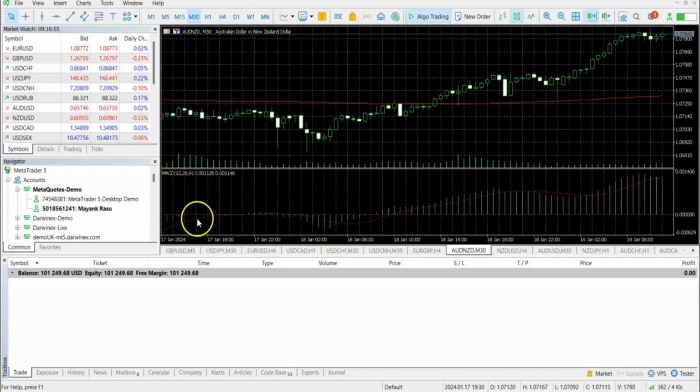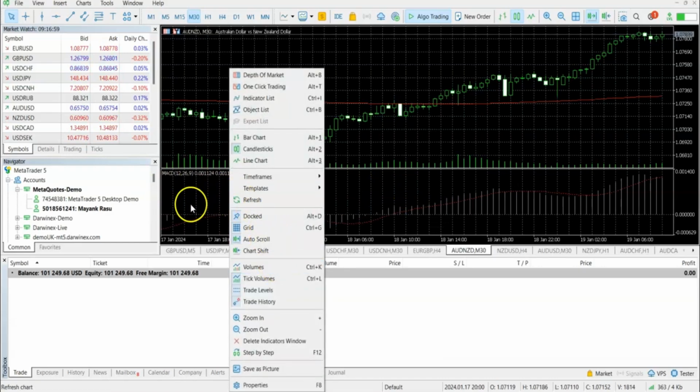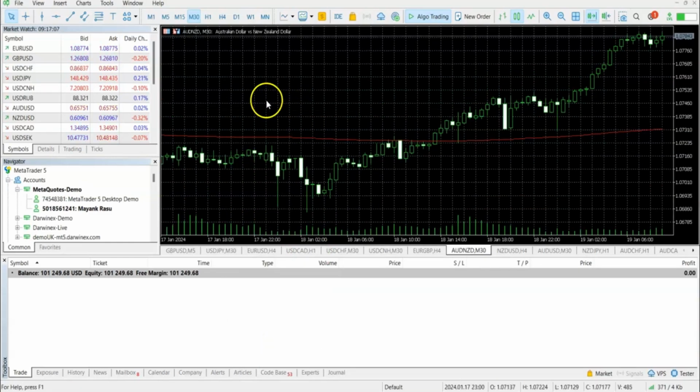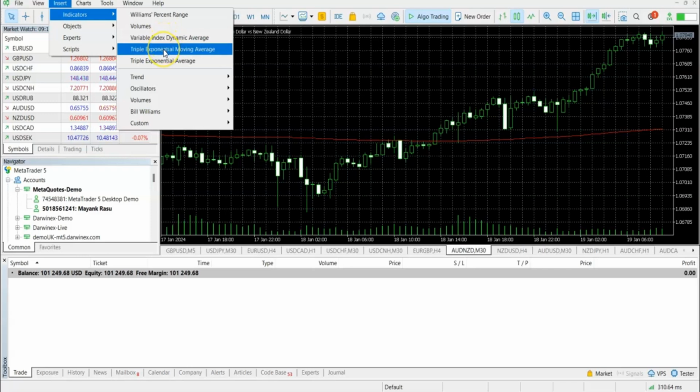So to remove a technical indicator from a chart, you can right-click on that technical indicator anywhere on that particular panel and then click on Delete Indicators window. And let's say I want to insert a technical indicator on this chart. So you'll click on Insert, then go to Indicators, and then choose from the bunch of technical indicators which is